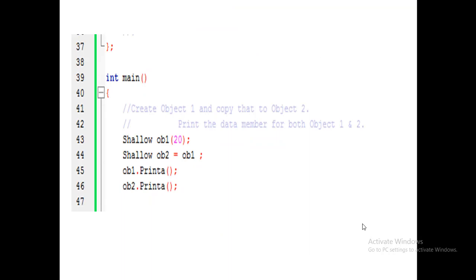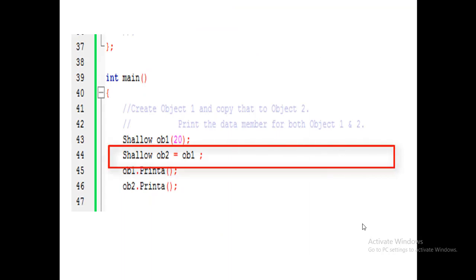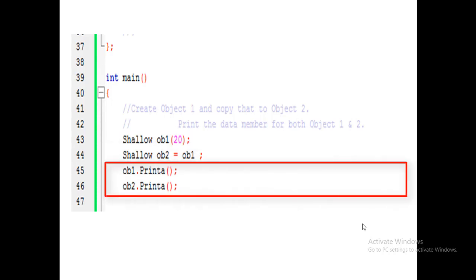In the second statement, we created object 2 directly with the same name as the class, that is a copy constructor. It invokes the compiler and creates a copy of object 1 in object 2. And after that, we simply print both object values.